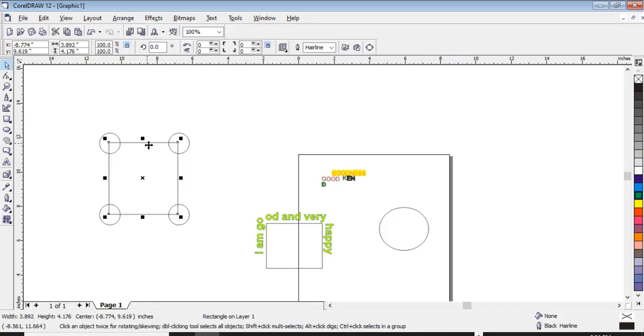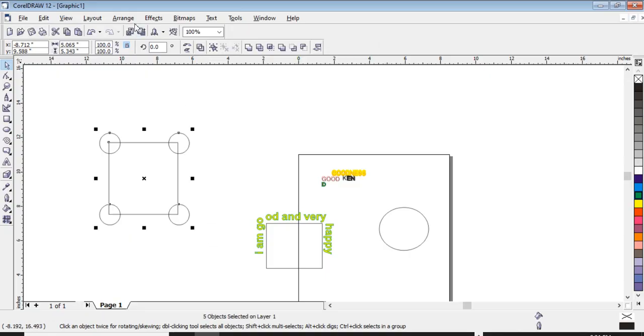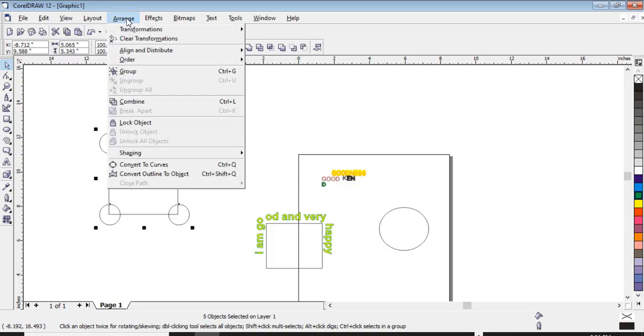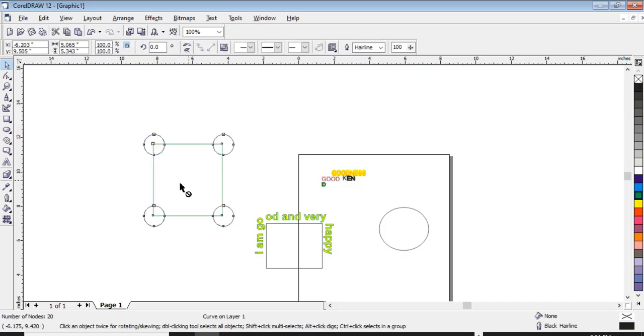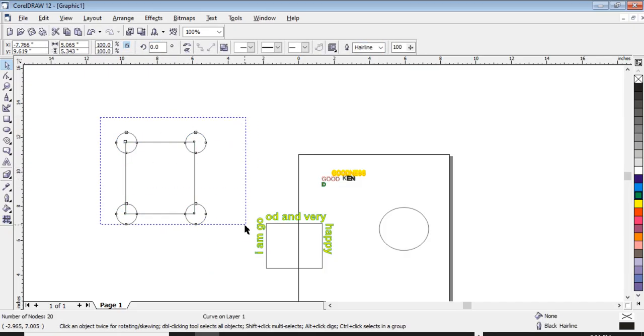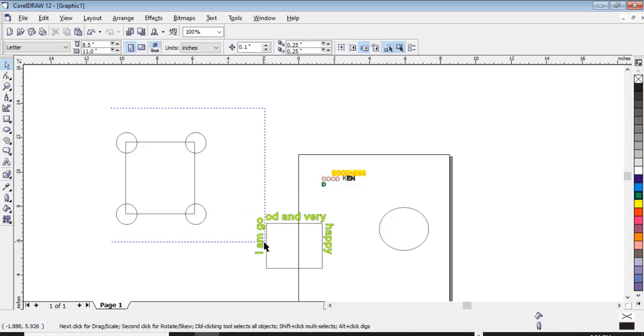They have become separate objects. Okay? That's one thing you can do here. Beautiful things you can do with arrange. You can choose to combine. When you combine, they become one object. Okay? You can as well